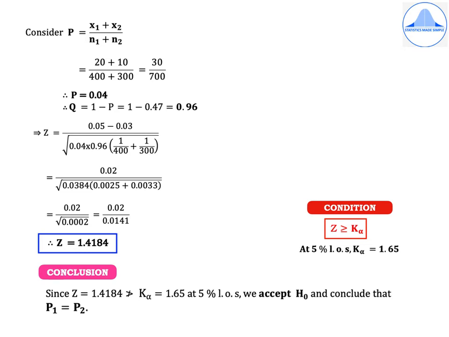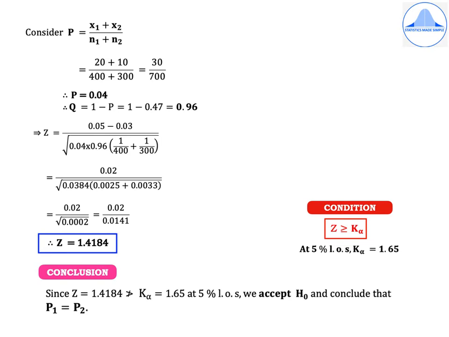So Z is equal to 0.05 minus 0.03 divided by root of 0.04 into 0.96 into 1 by 400 plus 1 by 300. On simplification, we get 0.02 divided by root of 0.0384 into 0.0025 plus 0.0033. Substituting further, we get the final value of Z as